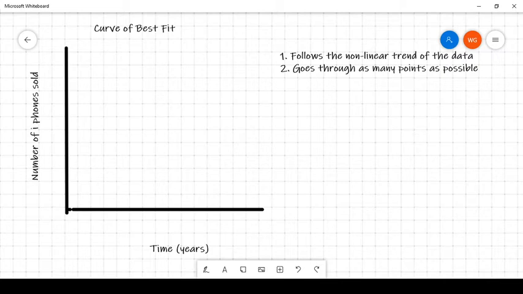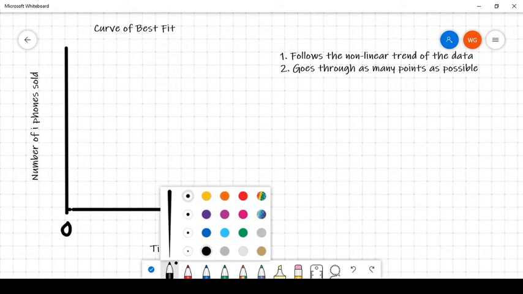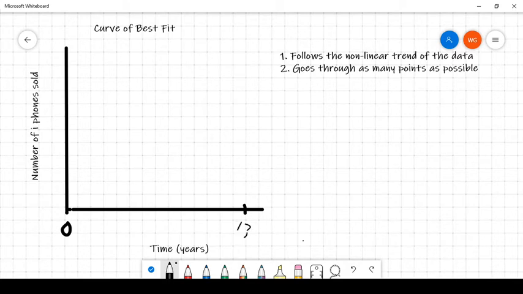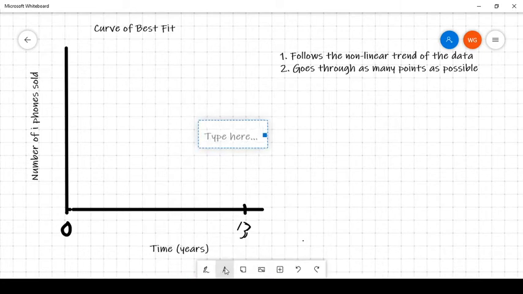Imagine that we talk about time since 1995, and let's actually go time since 2007. So the year zero would be 2007. And then down here, let's just imagine that this is 2020, the year 2020. So that would be 13 years later, right? So 13 years. So I'll just write in that year zero is 2007. Okay, now,